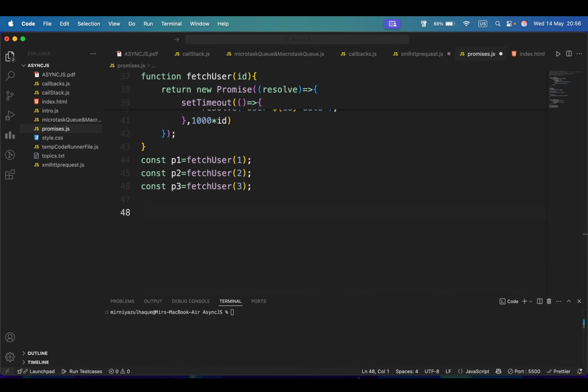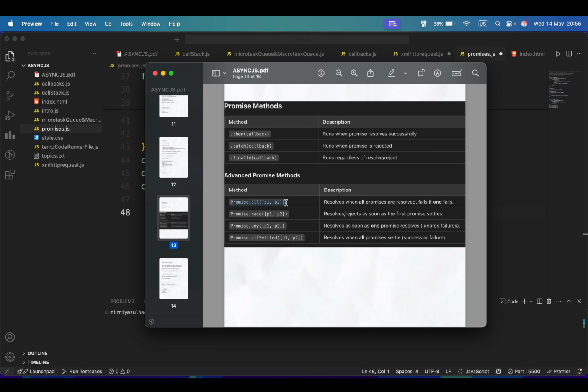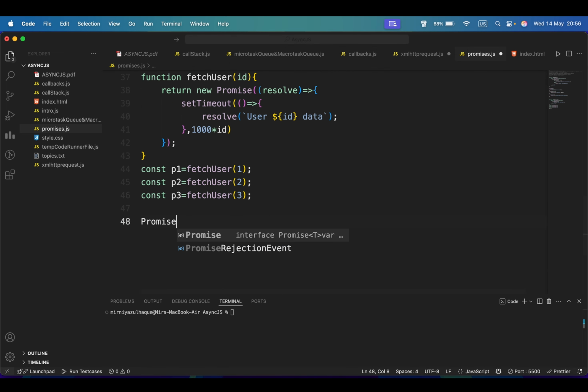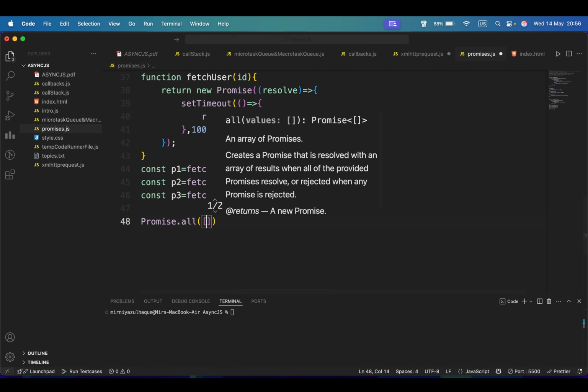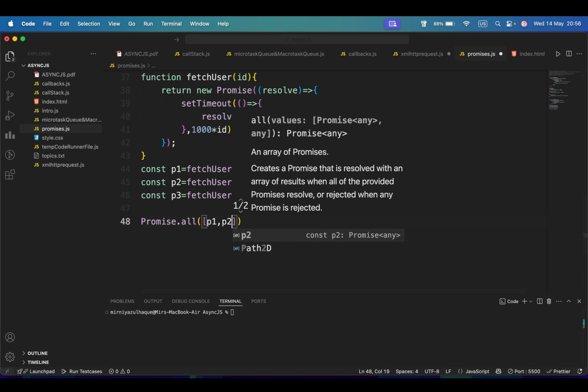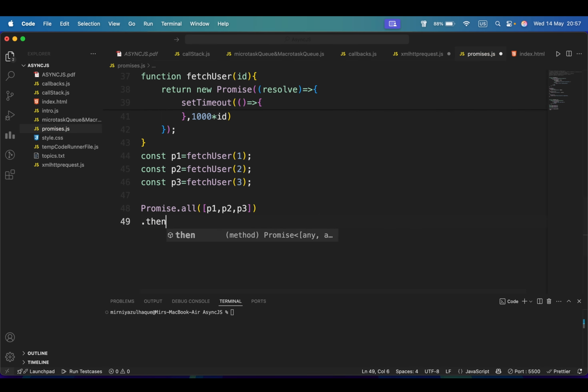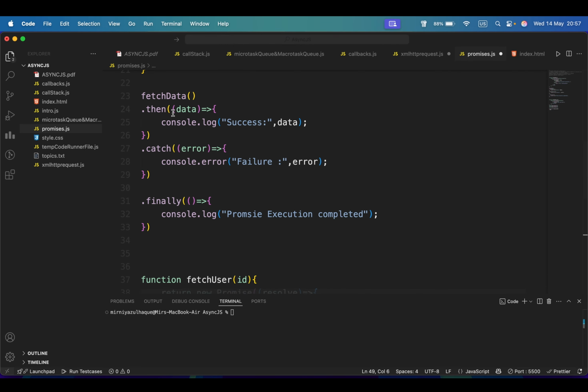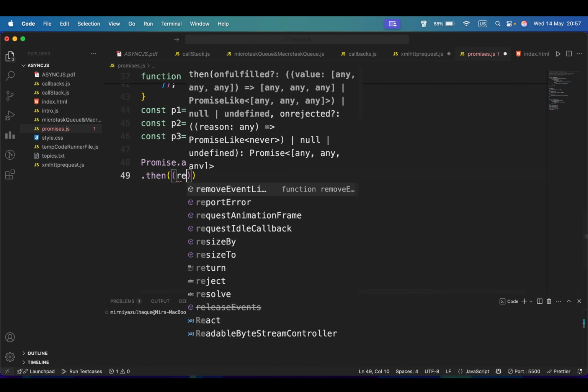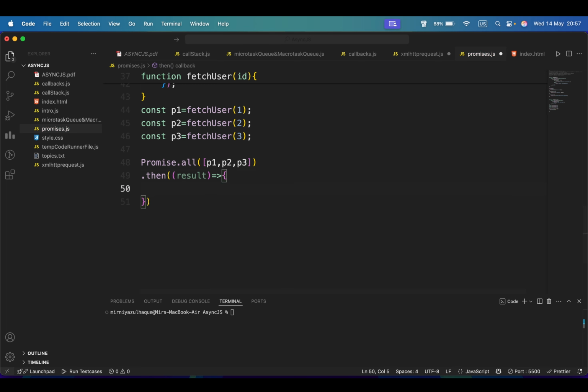Now we will use the method Promise.all. Okay, this resolves when all promises are resolved, and fails if one fails. Let's see a live example. Promise.all and an array p1, p2, p3. Okay, then .then, we have learned this here. I told you .then, and this will be result. Inside this, console.log